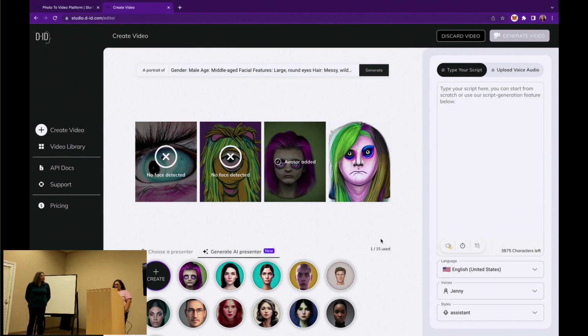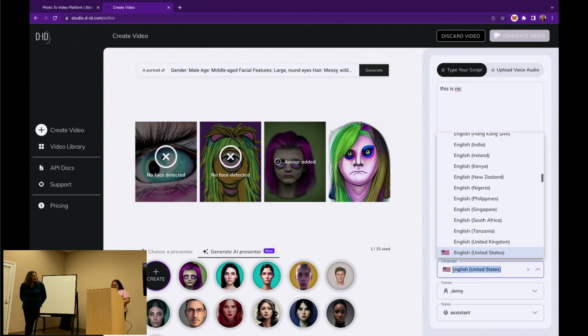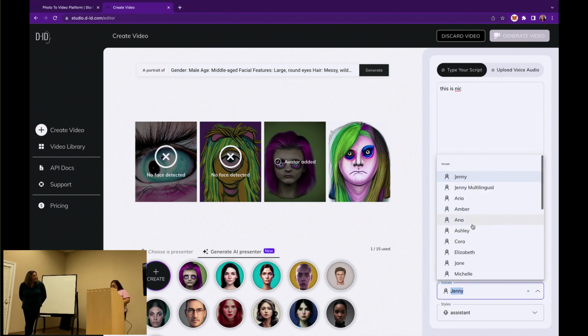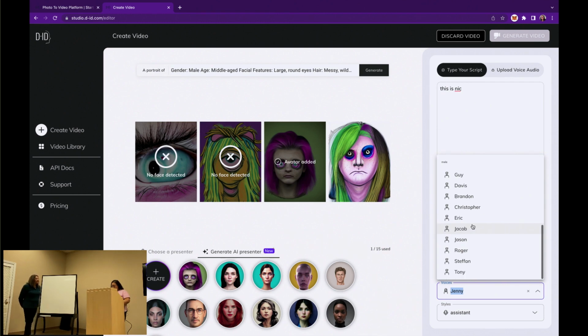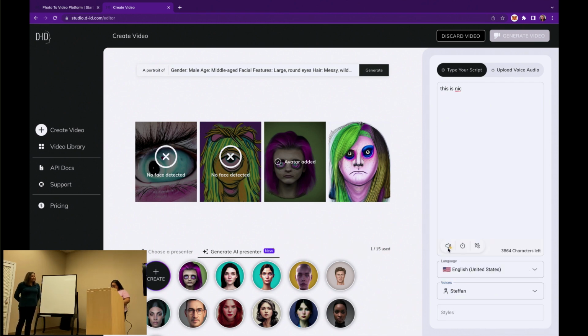So I think for the text, we were going to put this as Nick. Oh, it's spelled like that. And then you need a voice. You can select the voice. I couldn't figure out how to listen to the voice before you pick it. Sorry, the two things on the left, what does that say?